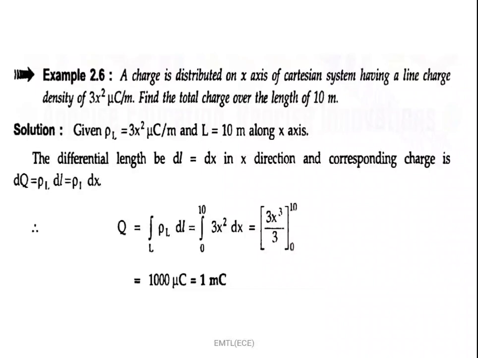This is a simple problem depending upon the charge distribution. If in the problem any surface charge distribution is given, then we have to integrate 2 times. In a surface there are 2 variables. For example, if you take a sheet, it has 2 variables, length and breadth. So that's why for a surface charge distribution we have to integrate 2 times. Similarly, for a volume we have to integrate 3 times.